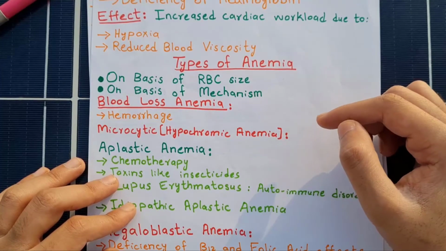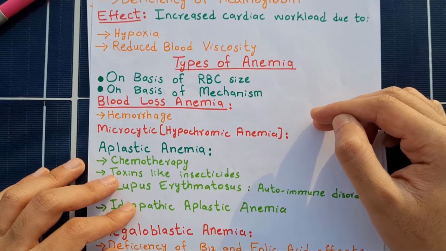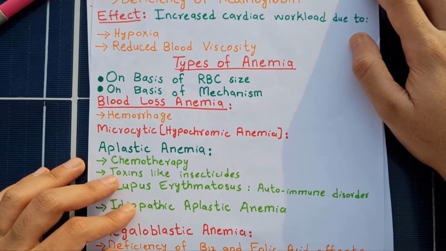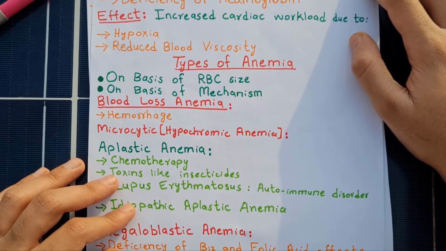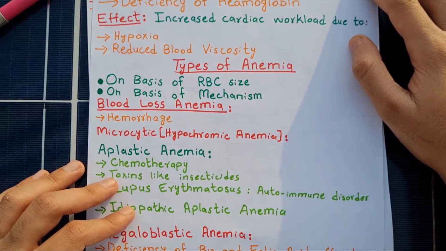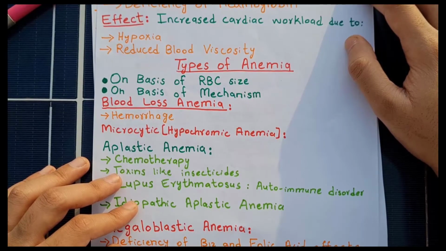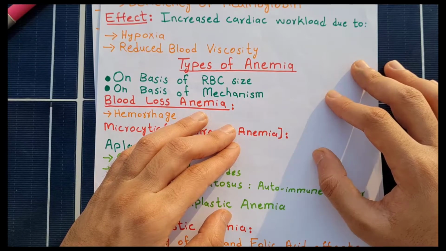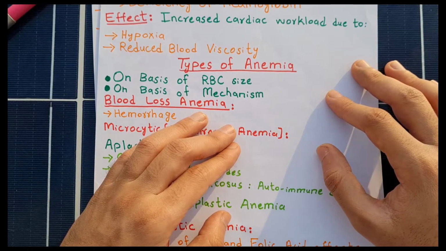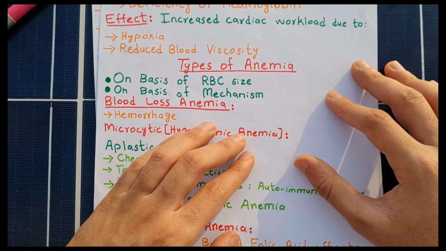This blood loss can be a result of an injury or a road accident. In case of blood loss, the red blood cells are also lost from our body. So our body contains fewer RBCs than normal, so this leads to less hemoglobin as well, and this results in anemia. Normally this type of anemia is recovered in 3 to 6 weeks, because normally it requires 3 to 6 weeks to recover the normal number of RBCs by increasing the RBC production.